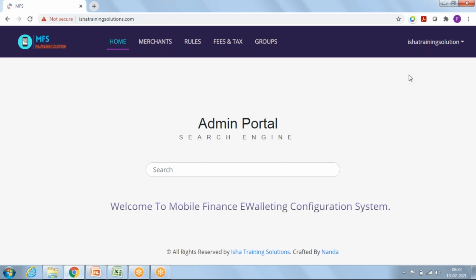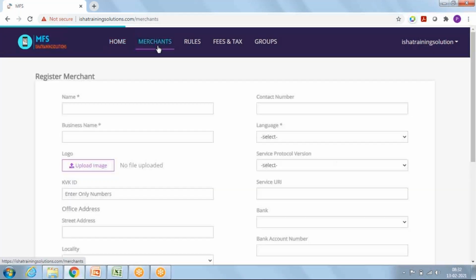I relog in, and after login I landed on the home page, then I click on merchant. I performed one more transaction. So here user sessions are 2, number of transactions are 3.